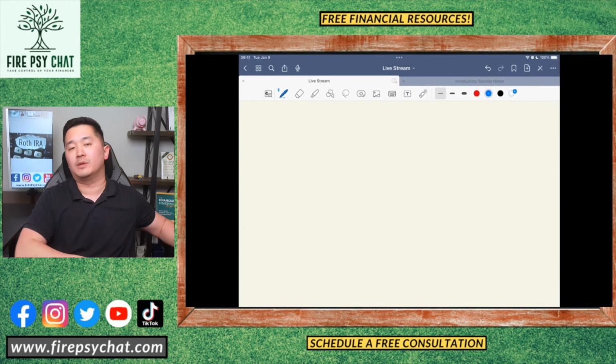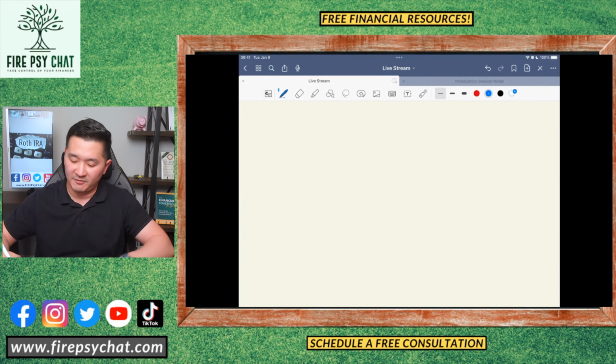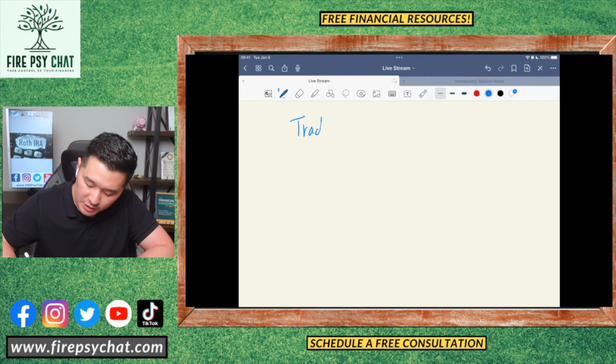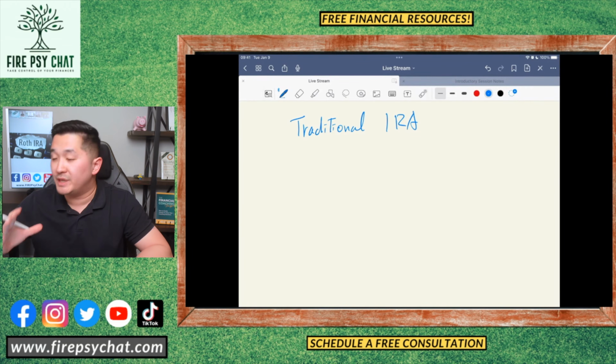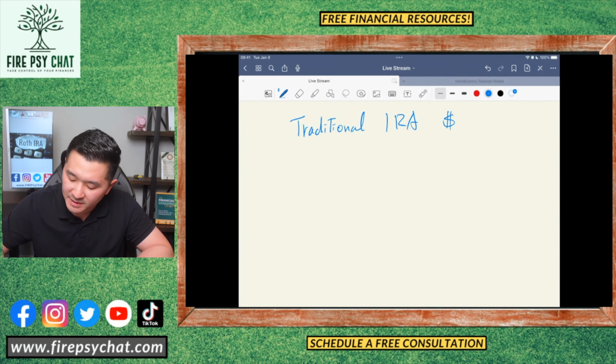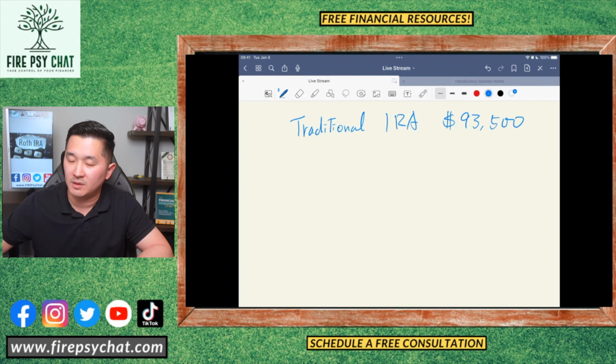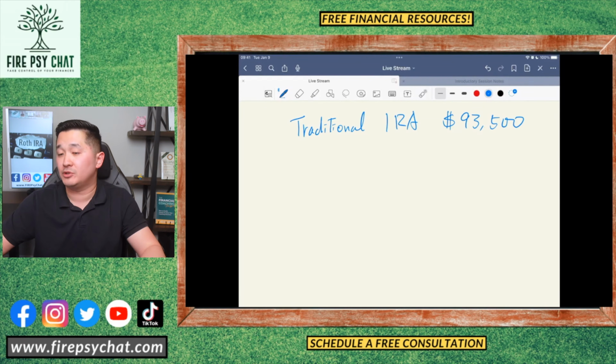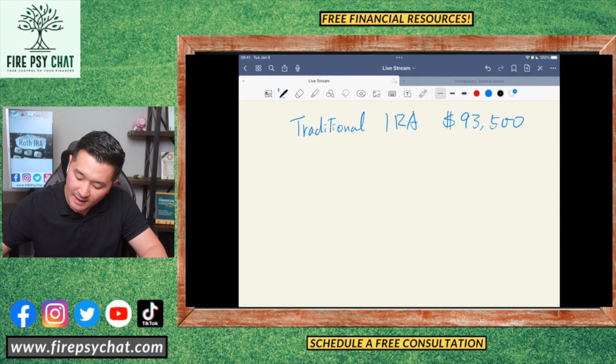This is sort of a complicated process. So you know what? I'm going to pull up the notepad here. I'm just going to show it to you. I'm going to give you an example. Let's say I have my traditional IRA, okay, with a pre-existing balance. I'm going to make things simple, and I'm going to say I have 93,500. I know it doesn't look simple, but for math, it is. Trust me on this. Traditional IRA at 93,500 in pre-tax dollars by December 31st, 2023,